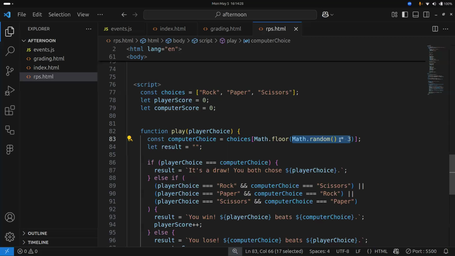Now, how about the floor? This one is going to round that down to 0, 1, or 2. So Math.floor. I know somebody's asking, what are you talking about, man? Don't worry. Let me continue. But before I continue, for you to better understand this: